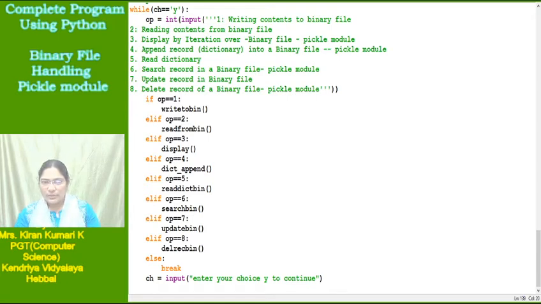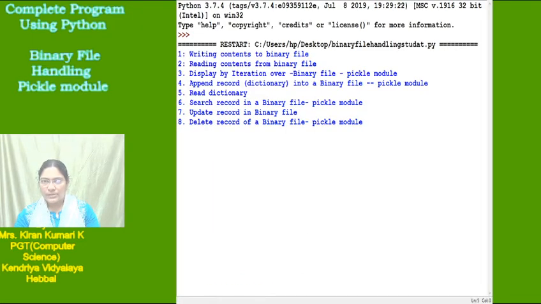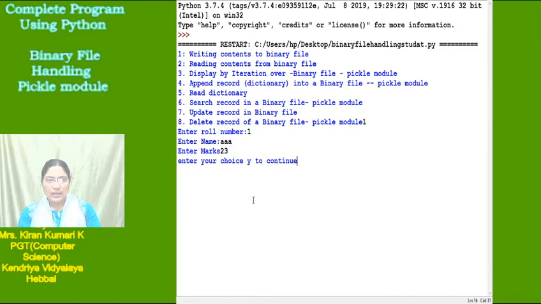Now I will be showing my output screen. You can see here is option 1 for writing contents to a binary file. So enter roll number 1, enter name AA. Enter marks, suppose 23 marks. Then enter your choice to continue, Y.